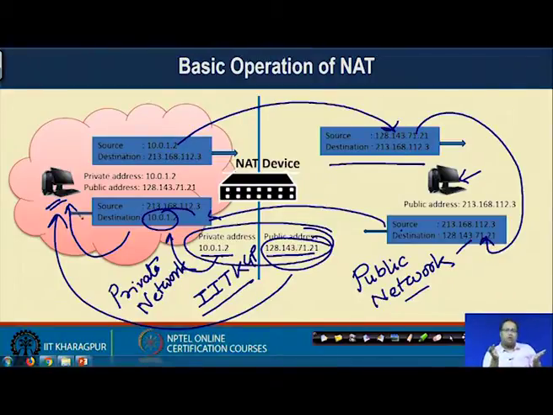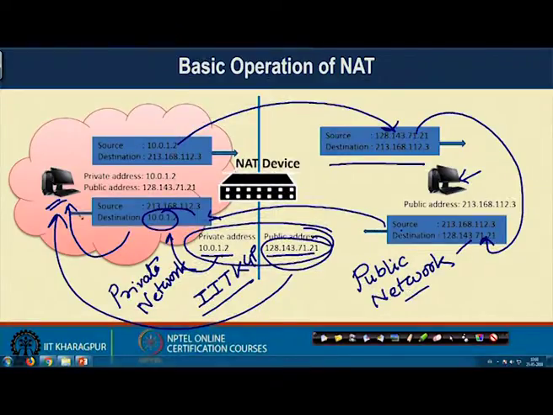That is the way NAT works. So, now you can see that every individual machine inside that network may have one private IP address, and you do not require that many public IP addresses, because all the machines are not getting connected to the internet simultaneously. So, you require a small set of public IP addresses, maybe the number of users who are getting connected to the internet simultaneously, and then whenever a user sends a packet to the NAT,